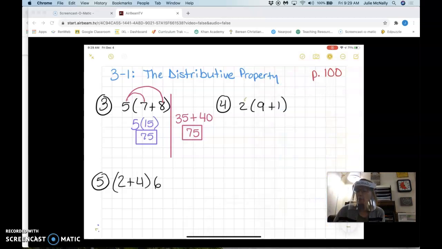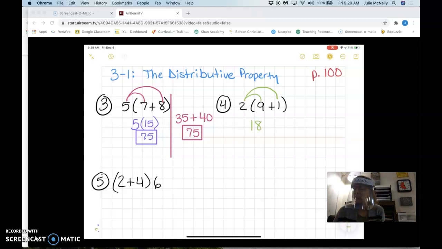So, number 4, I always draw my lines, guys, always, because if you don't draw the lines, you're going to forget to multiply one. Okay, 2 times 9 is